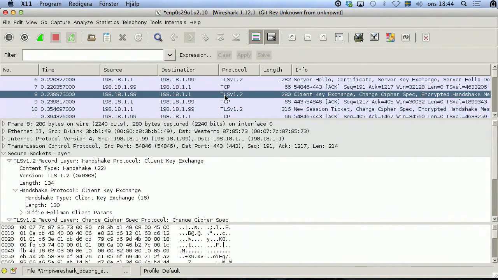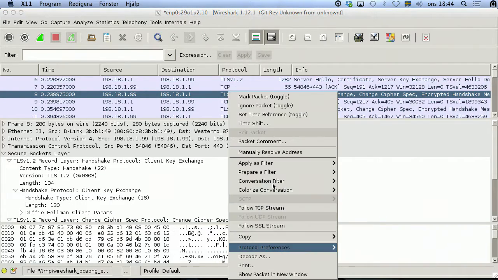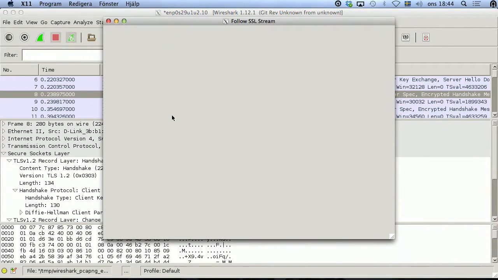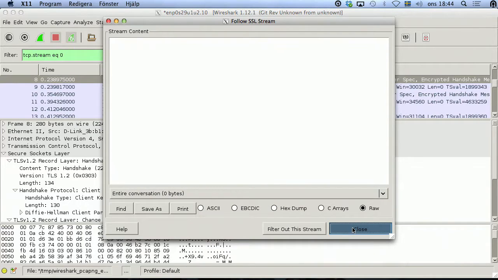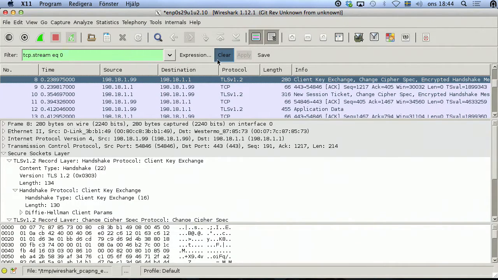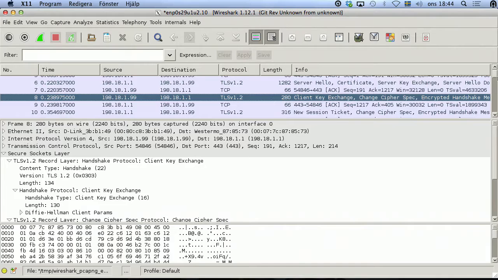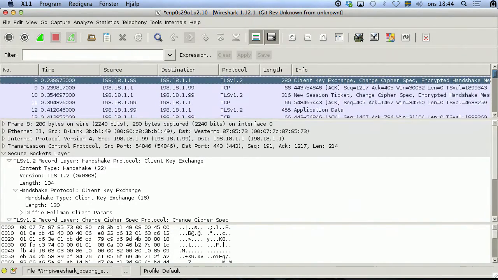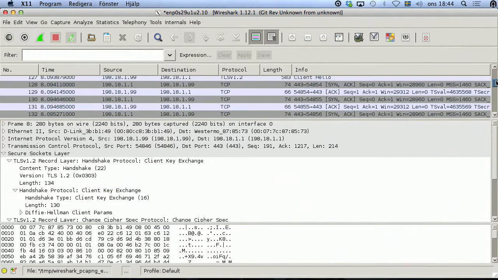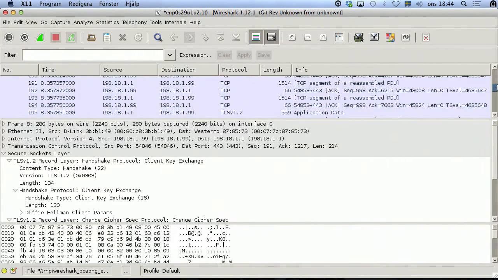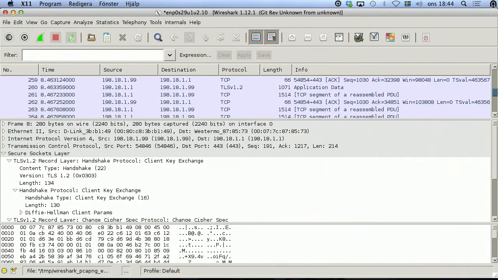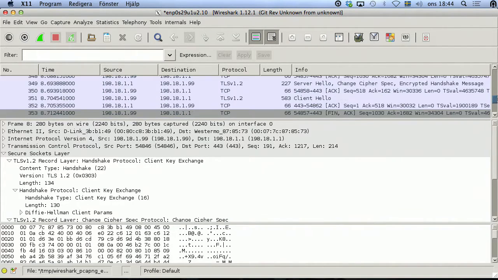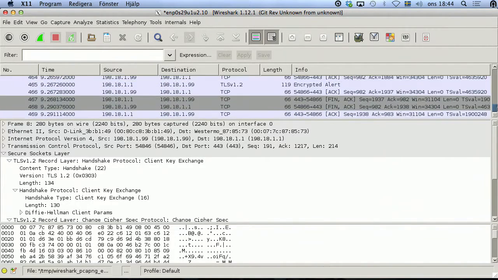And now, even if it got this key, well, it can try to follow, but it will be empty. And if I go down here, there should be no green lines. Green lines means decoded HTTP packets. And everything is encrypted. Alright, so